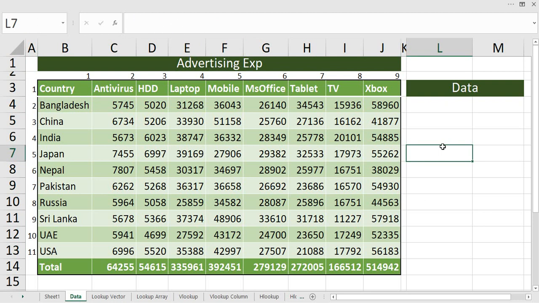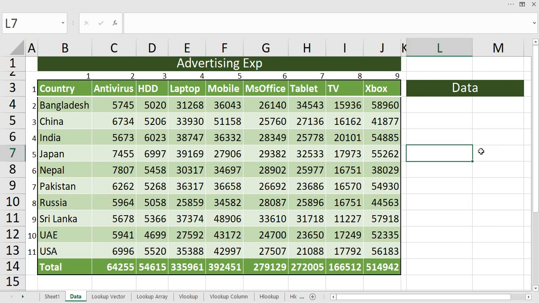I can do this manually also, but doing things manually will consume a lot of time, and if your data is bulky, those options won't always be appropriate. So with the help of lookup, you can do these things easily. The work of lookup is simply to look for a value. But since there are different options available, each function is going to behave differently. This is the data on which we are going to work for almost each of our lookup functions.